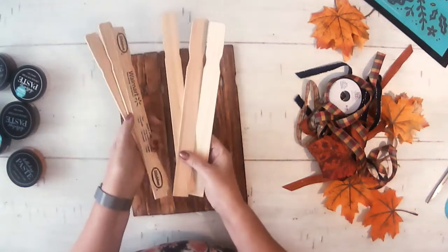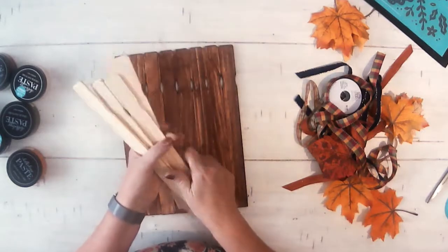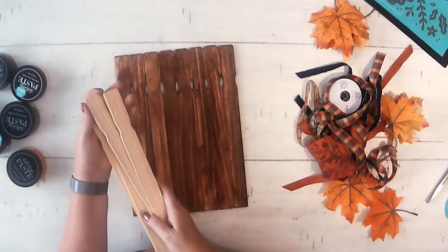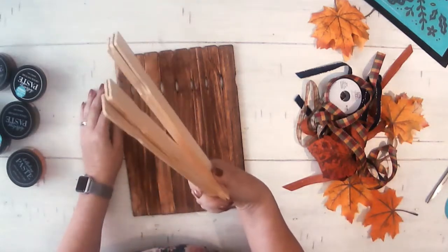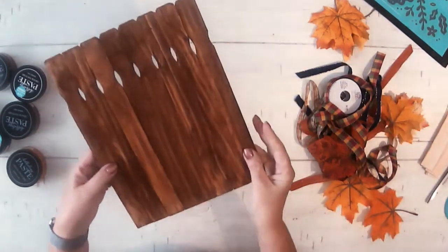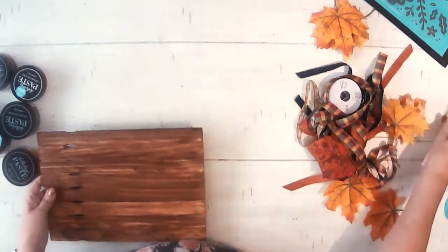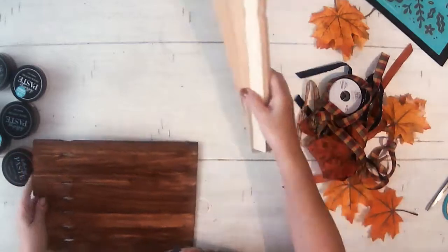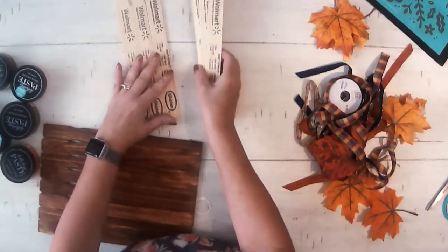You can just get paint sticks at Walmart, Lowe's, Home Depot, wherever, all the hardware stores. Get you some paint sticks. Here is what I made. Okay, so first I lined up my paint sticks upside down is how I did it. So I lined them all up,